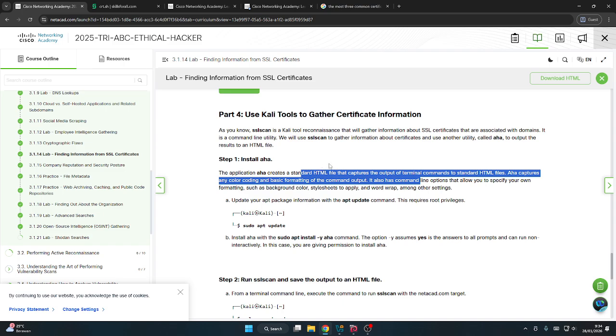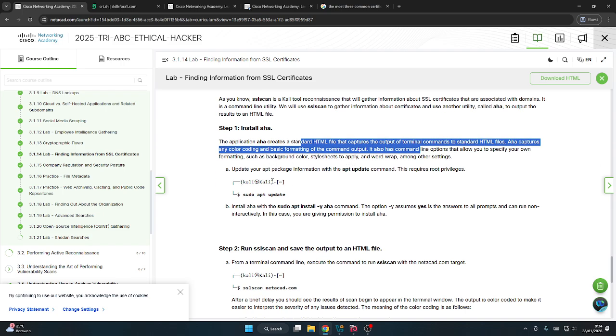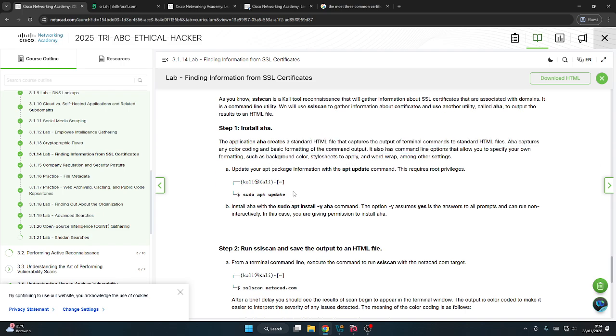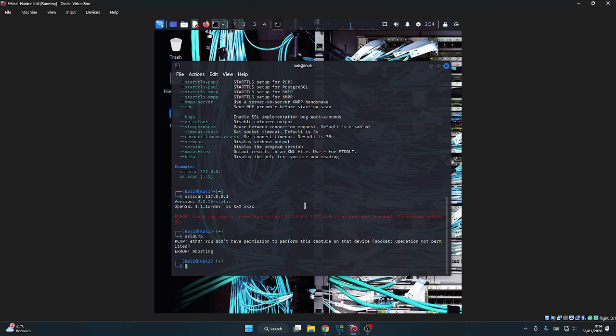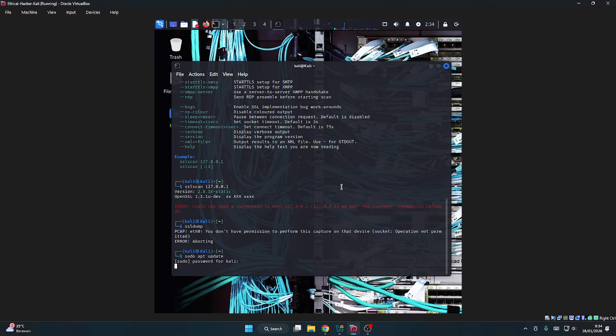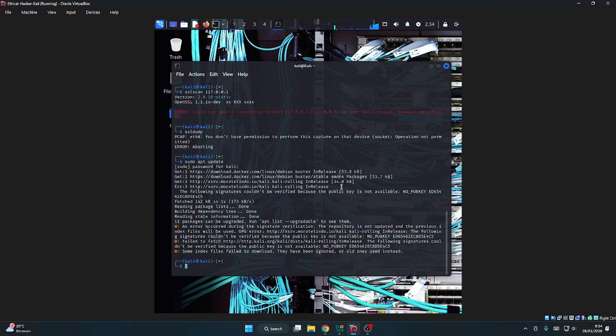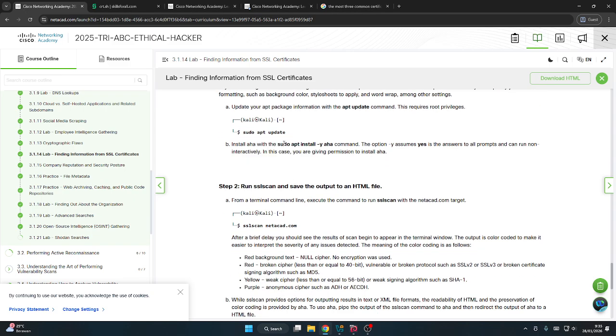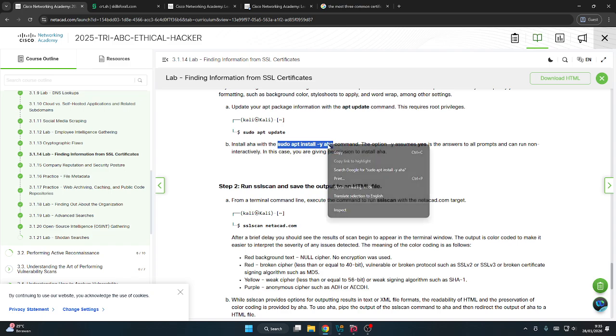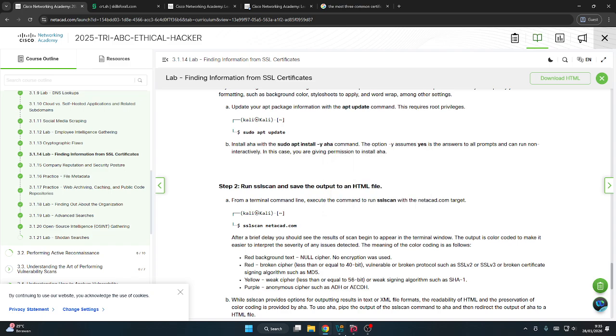This requires root privilege, so we can use sudo update. After that, we can try to install it.